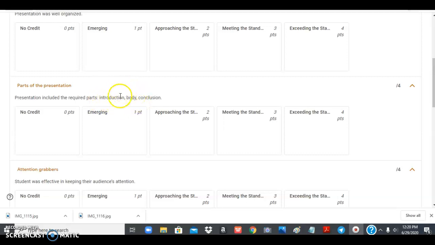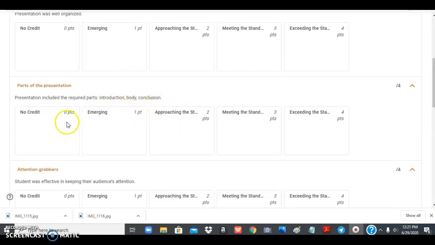In the body, you present your drawings and mention all of them. And the conclusion is that you can say, thank you so much for listening, I hope you learned something, just like we always do when we have presentations at school. Again, introduction: your name; the body: what your drawing is all about; and then the conclusion.